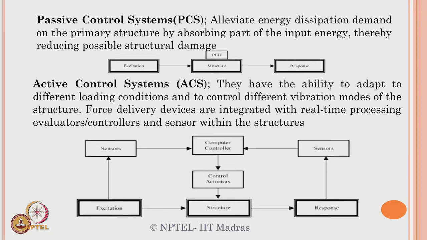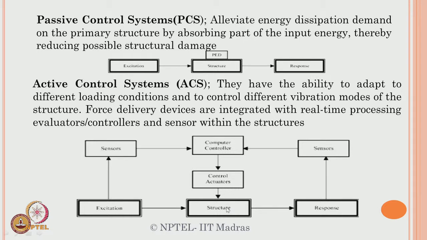The active mechanism works like this: there are sensors available, excitation is given to the structure, the structure responds, and the response is sensed with the sensor. The computer controller receives the sensor signal and activates a controller, which gives an opposite force to the structure to stop it. Okay, that is called the active control mechanism. So, in this loop you will see that the control sensors or actuators require a lot of energy to dissipate the response of the structure in the opposite direction.